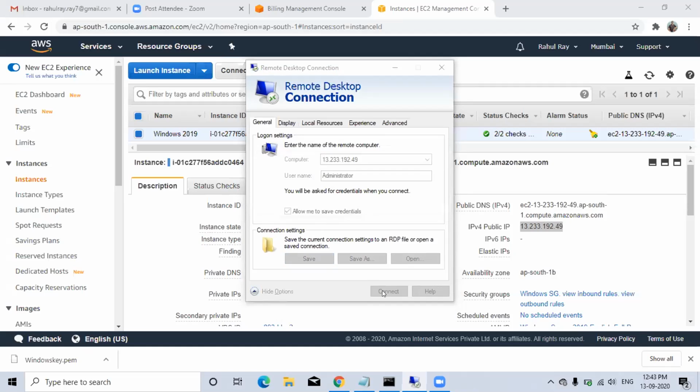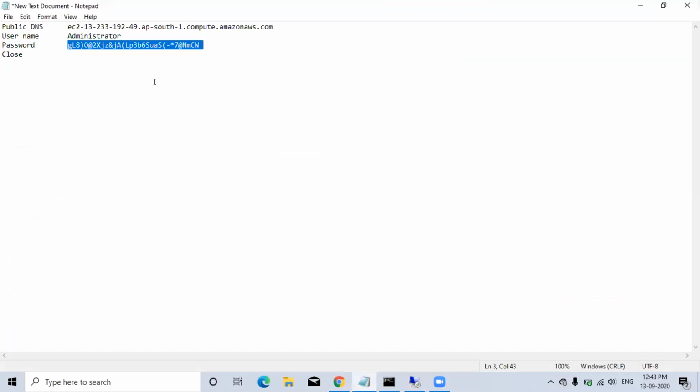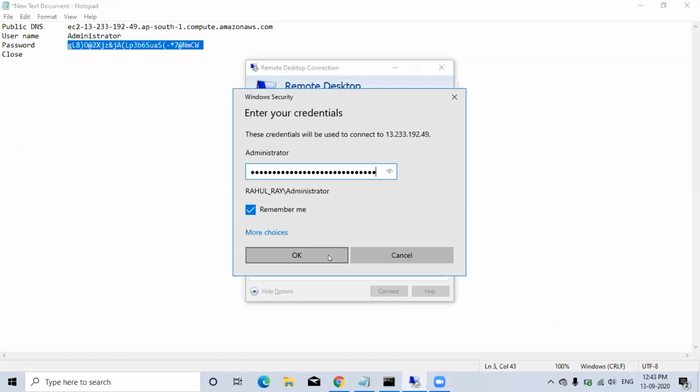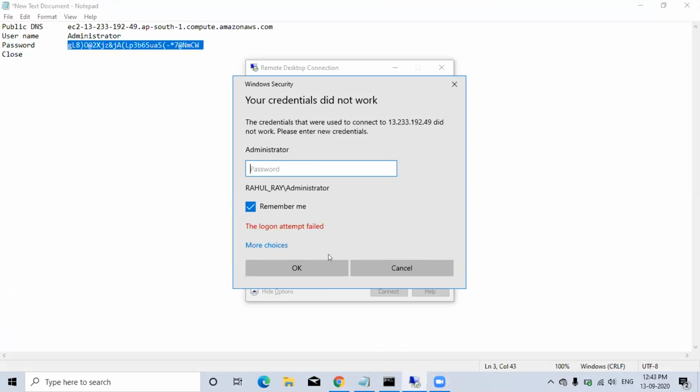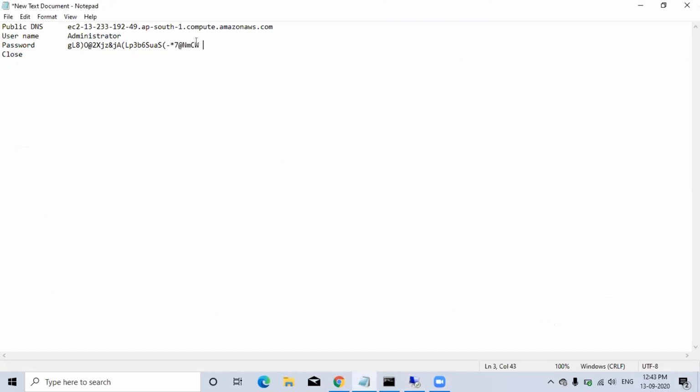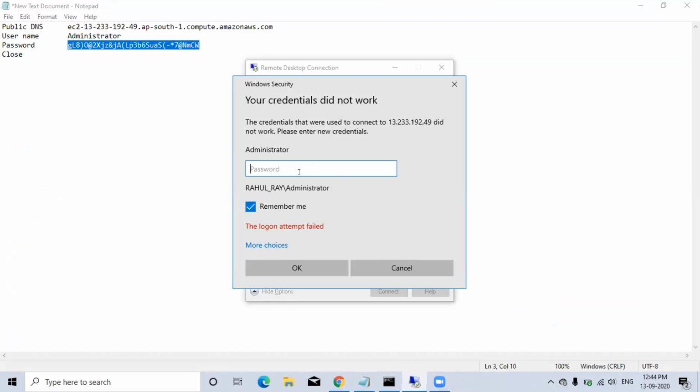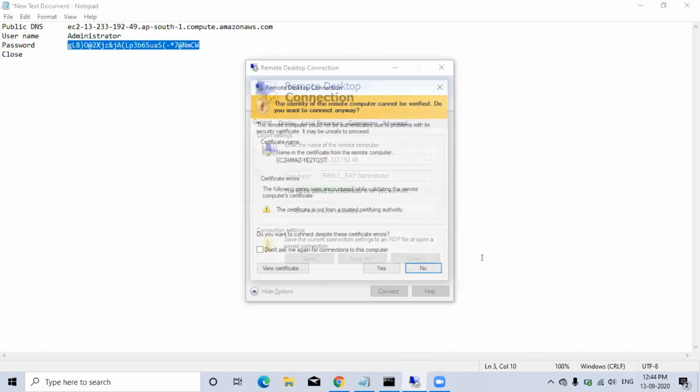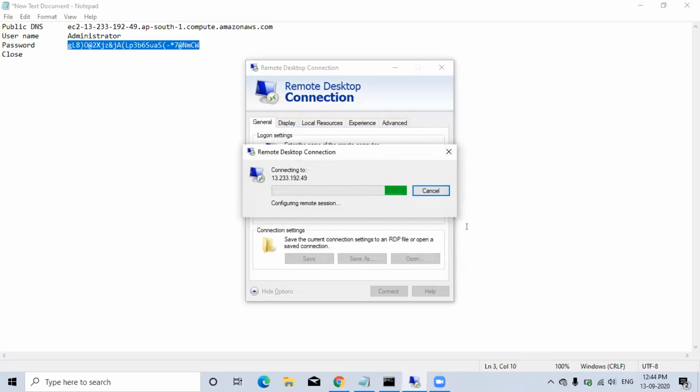Now you give the password, just without space. No, you are getting a space after W in your password. Yes, you have one space. Okay. Yeah, now it should work. Here you go, you say yes. Yeah, finally done.